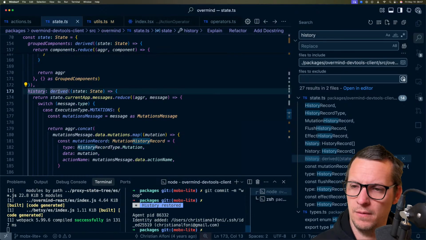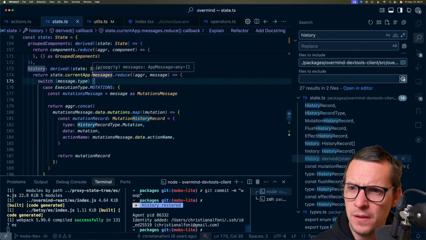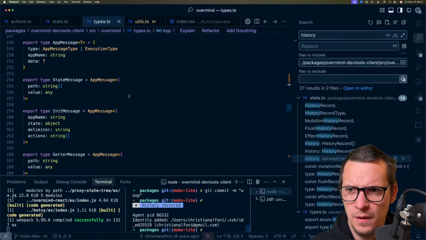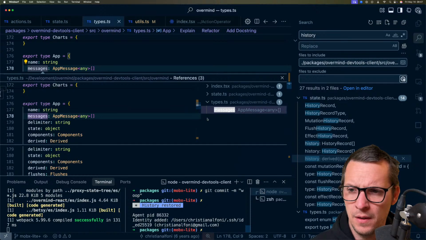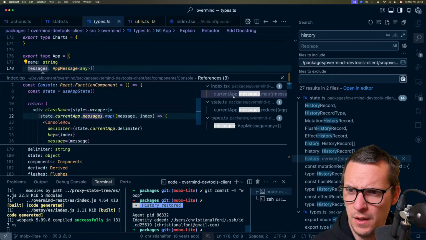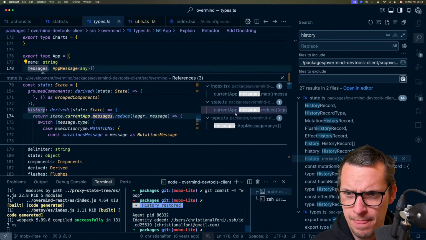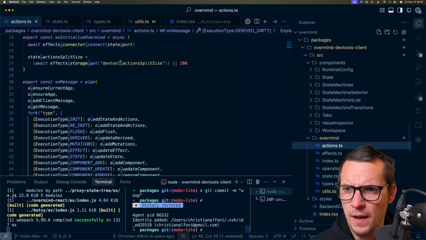Oh, history is derived. Message type, and it's just grabbing the messages. And current app messages, where does that come from? Can I see where you are being used? Go to references. And this is just every time we... Where's messages being set? I would imagine that being